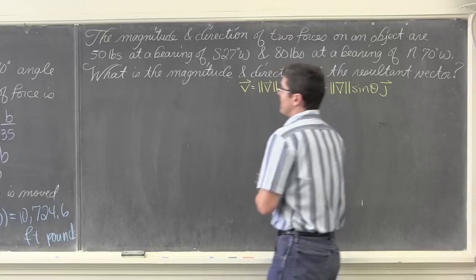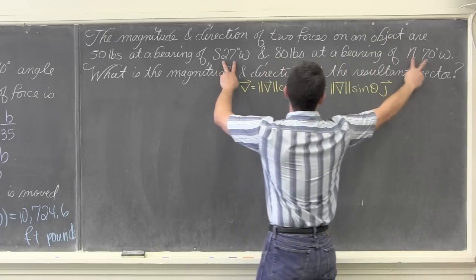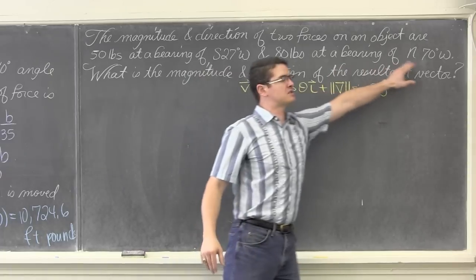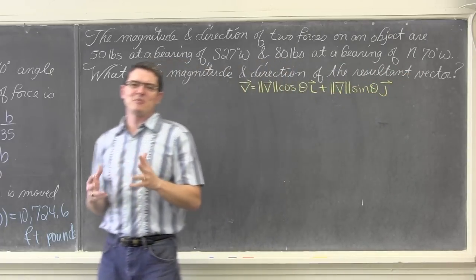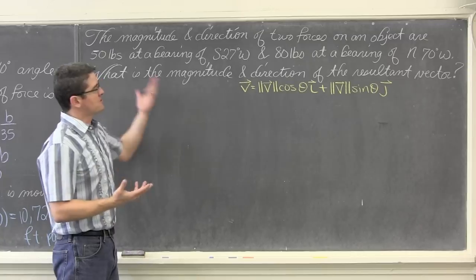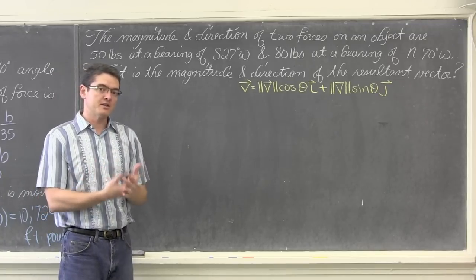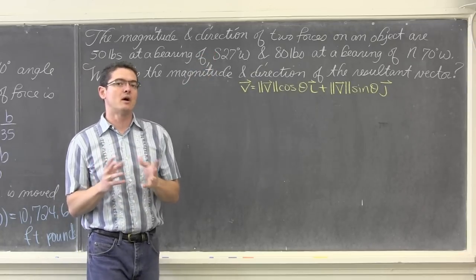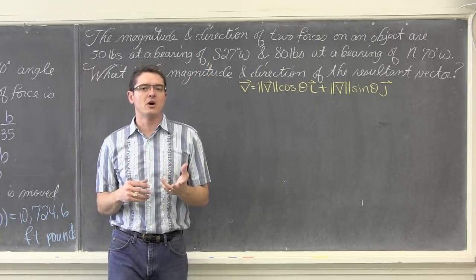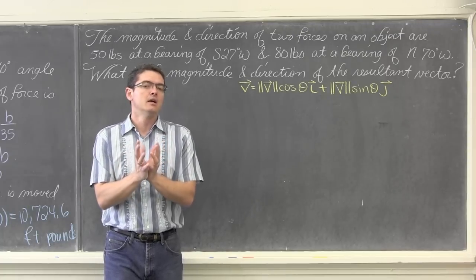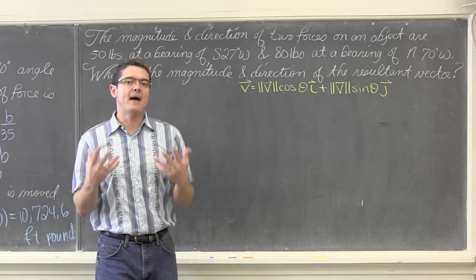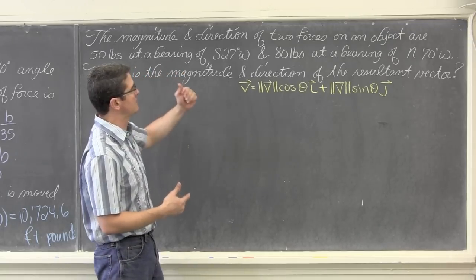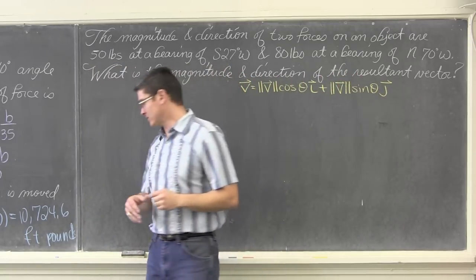This one's a bit difficult because we're given bearings, and my current pre-calculus book doesn't do a ton with bearings, just sprinkles it in enough that the kids never seem to be completely comfortable with it. And also there's no drawing. So what we're going to do is get this drawn, get our vectors from magnitude and direction into their x and y, or horizontal and vertical components, add them together to get a resultant vector, and then convert that back into magnitude and direction so we can actually answer the question, which is what is the final magnitude and the direction of the resultant vector.